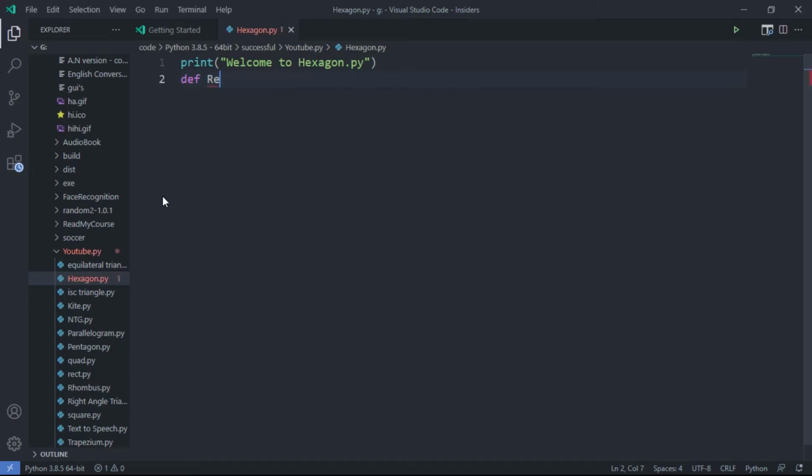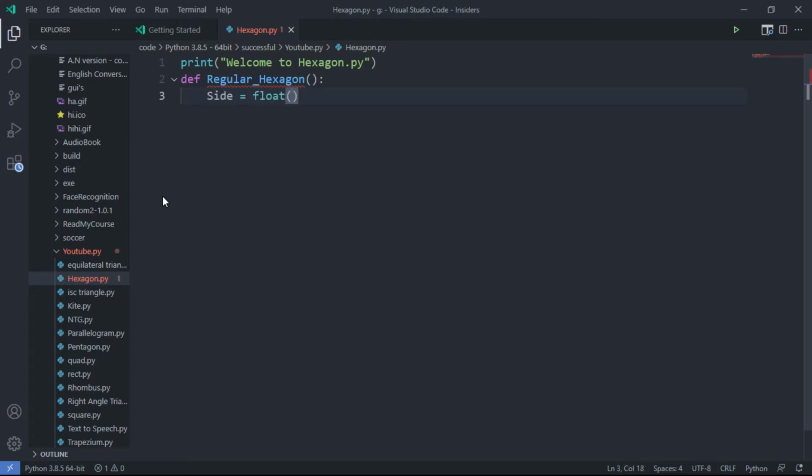define regular hexagon, empty brackets, and we have only one input, that is side, as it is a regular hexagon, all sides are equal. So variable side equals